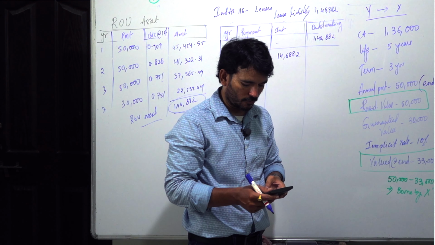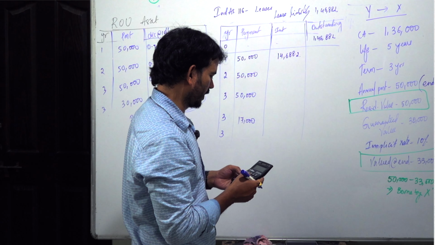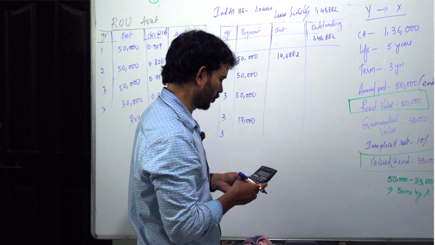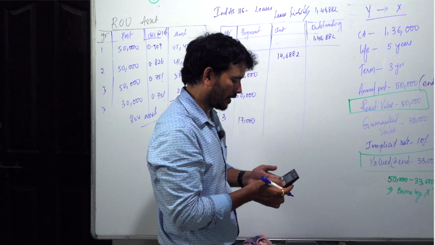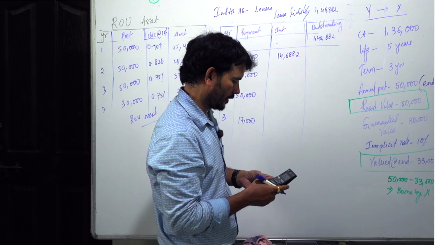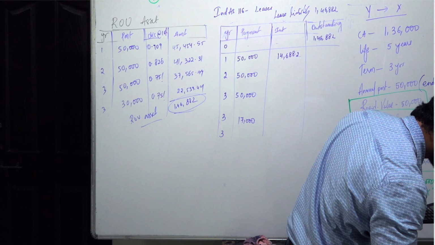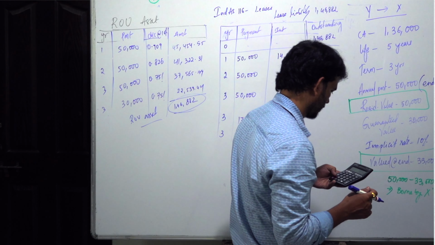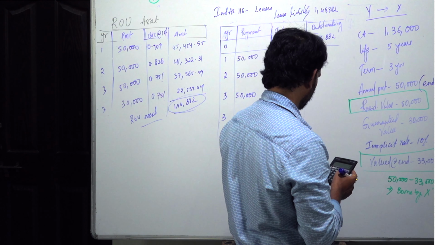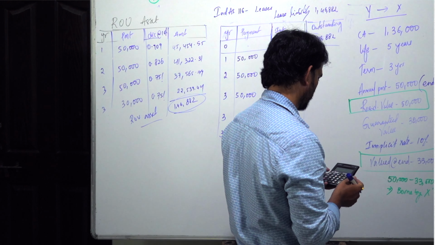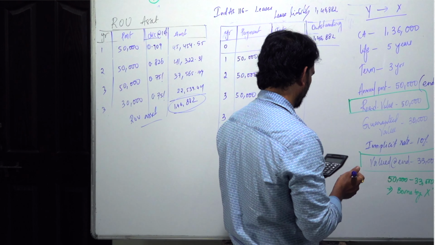You deduct it from the outstanding. It's more like your intermediate concepts, but again I'll do it for one. 50,000 minus 14,688.2. So that is the principal portion we pay to the lessor, and that we will deduct from the opening outstanding 146,882. So it is 137,193. Okay, I made a mistake. 50,000 minus 14,688.2, that is the principal portion, minus 146,882. So 1 lakh